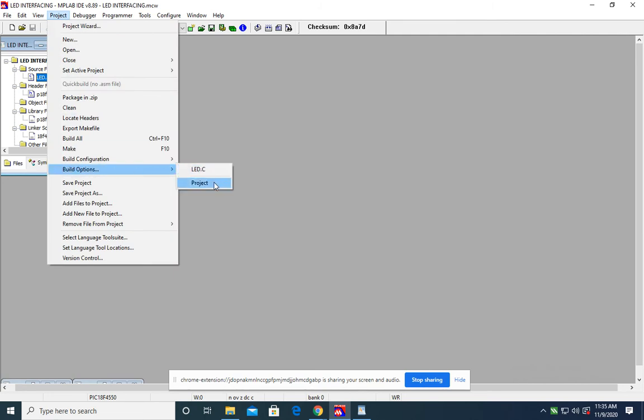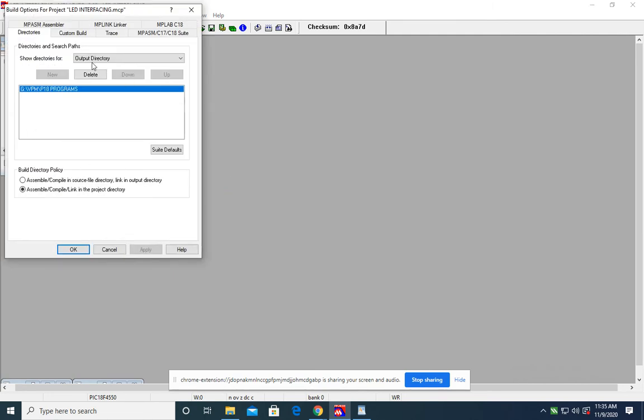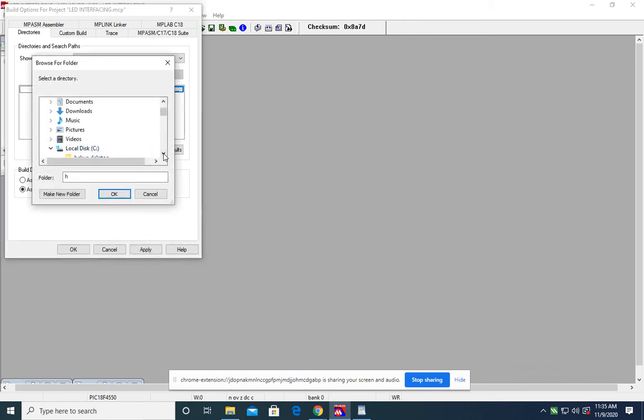As an additional step for this program, instead of the output directory you can add the include search path. Click on this, and select the program files we have used before.